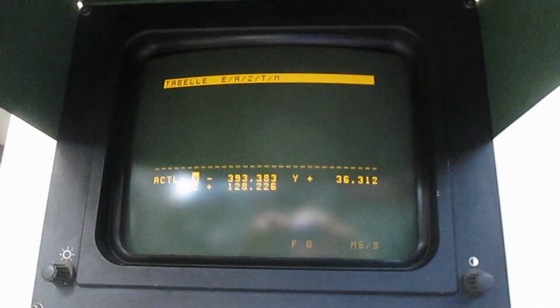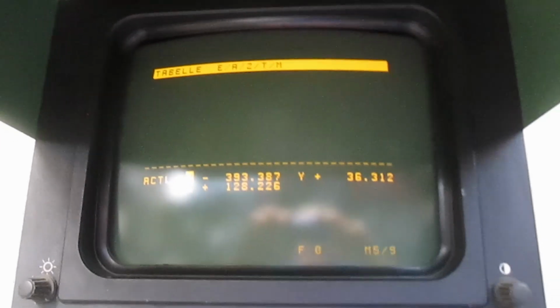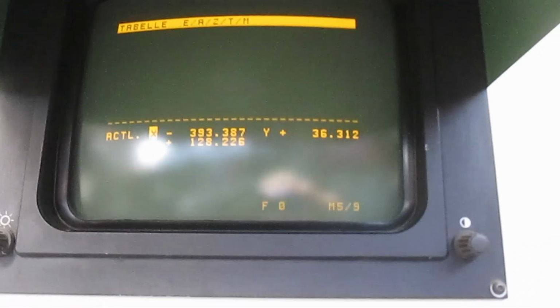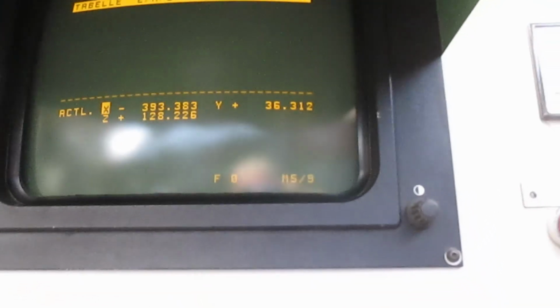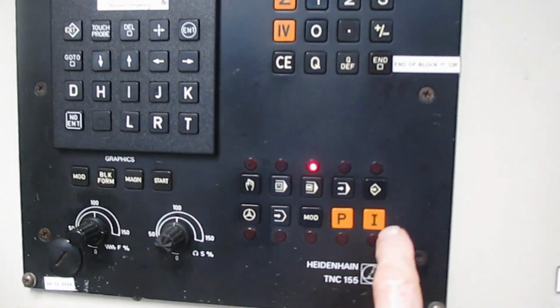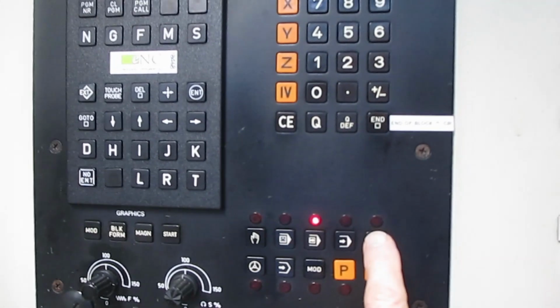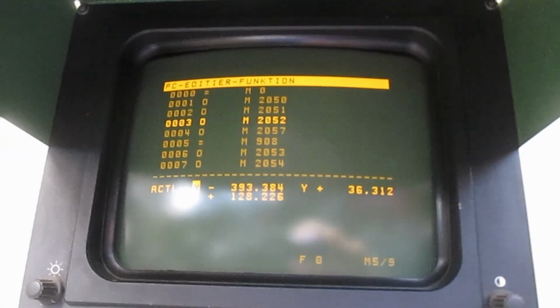And now, it's meant to be in English, but it's doing it in German. And it's asking me these questions up the top. What I want to do is actually get into edit mode. Now what they do is they reassign all these numbers here, and the button I want to push for edit mode is this one. And you can see now I'm in the editor,